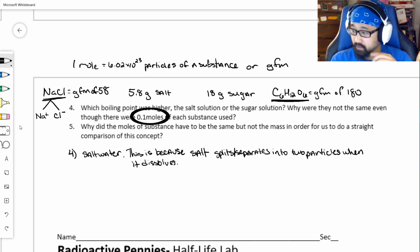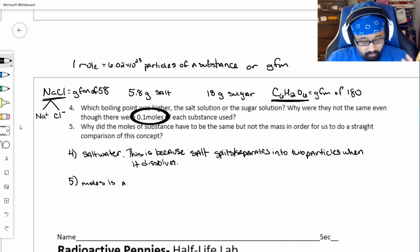Alright. Finally, number 5. Why did the moles of substance have to be the same but not the mass? Moles, for this comparison, conceptually, is a number of particles. It's a measurement of how much you have of something. We want the number of particles that's in there to be the same, not necessarily the mass, because if you want to measure what the effect is on this, we can't just have